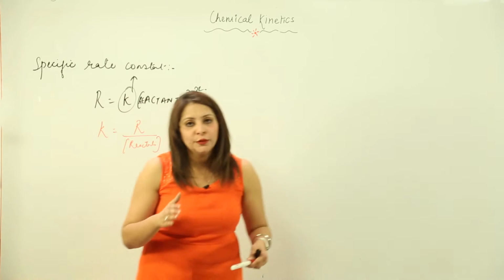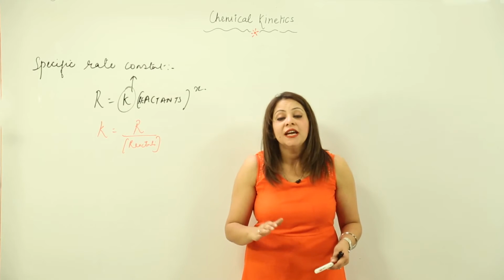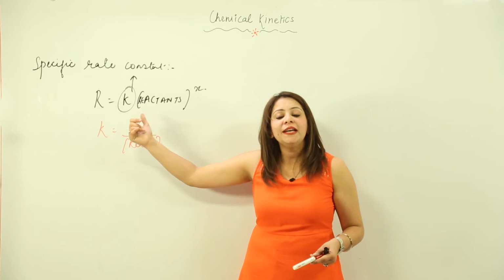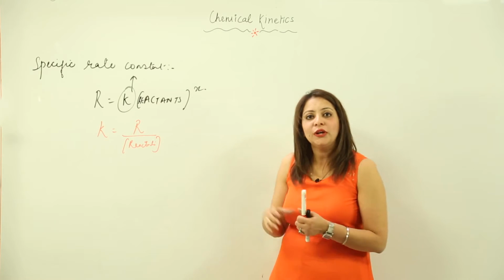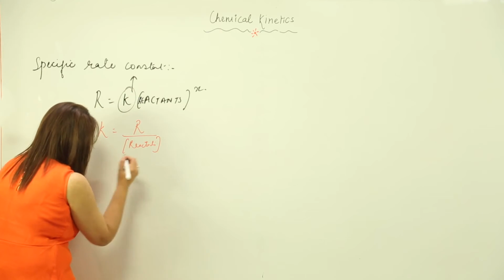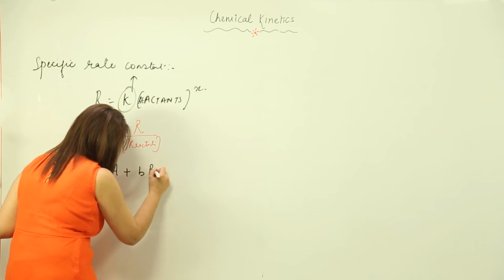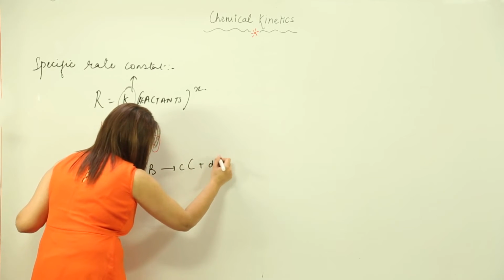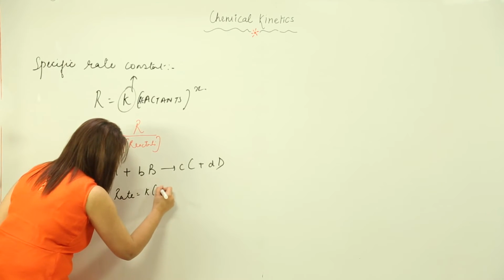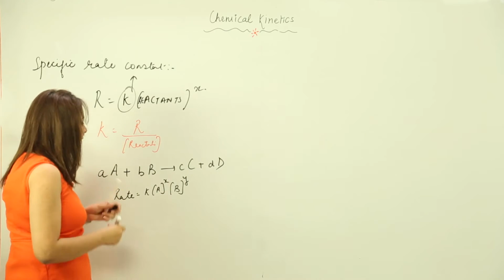Just listen to me carefully: the unit for the rate constant is not always the same. Or you can say the units used for calculating K vary with the order of the reaction. Just look at the board. I will take an example and explain how the units vary according to the reaction order. Suppose I have this reaction. If I write the rate law equation, obviously it is going to be like this. Let the experimental orders be X and Y.